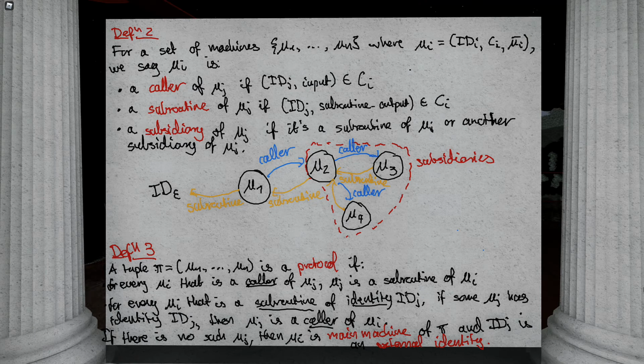I think I'm processing. The idea is that a protocol can be called externally, perhaps by the environment, for example. And our coherence condition says that essentially we don't want these identities to collide, right? We don't want the identity that our main machine binds with to also happen to be an identity in the protocol. That would just break down the definitions.